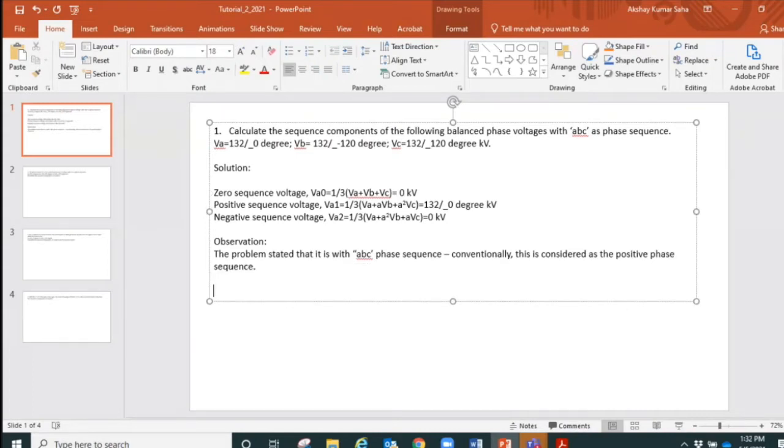The problem has stated that ABC is the phase sequence, and conventionally we know that ABC is the positive sequence, and that is why from the solution